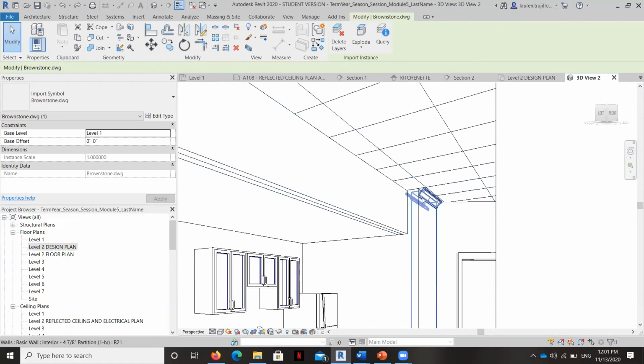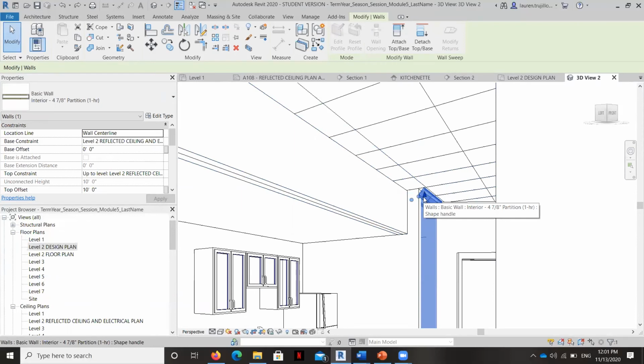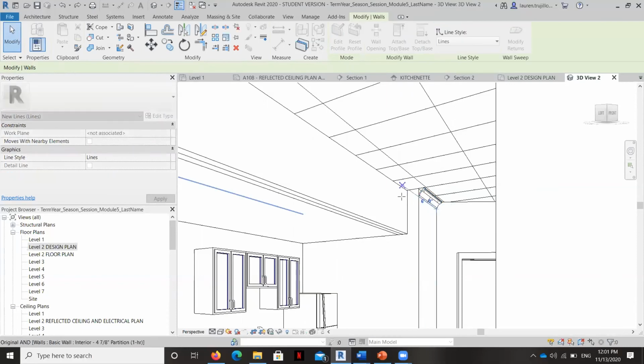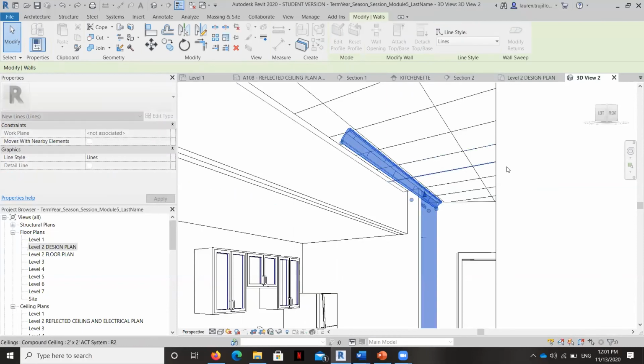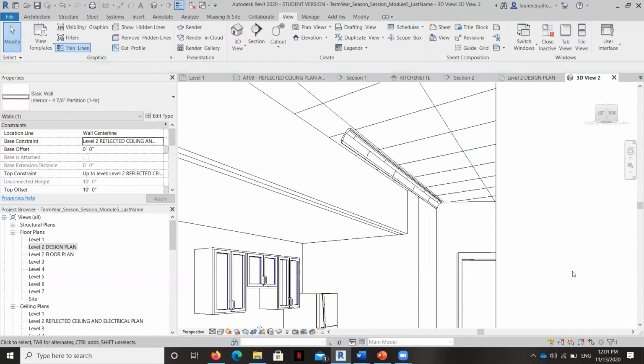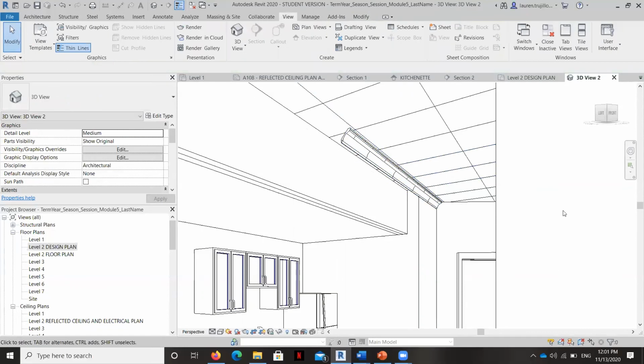But you can edit the profile of the sweep by dragging it here and moving it around and turning corners and things like that, which you're welcome to play with on your own time if you'd like.